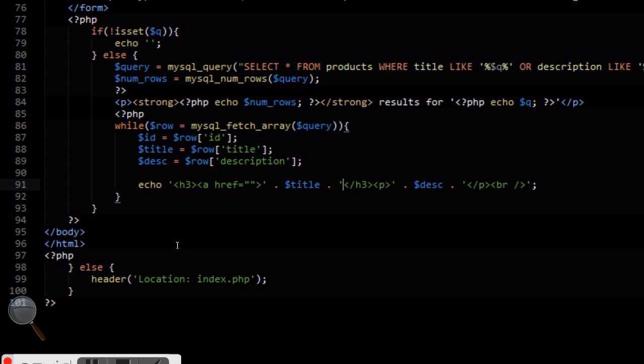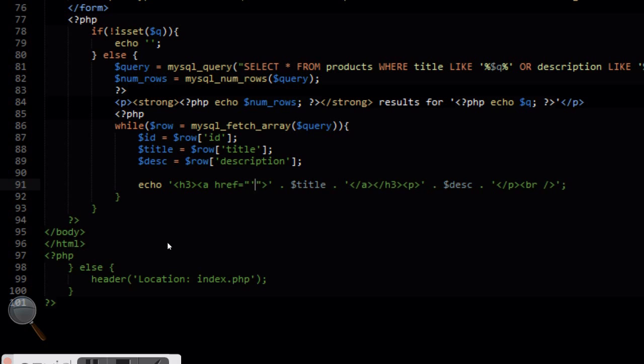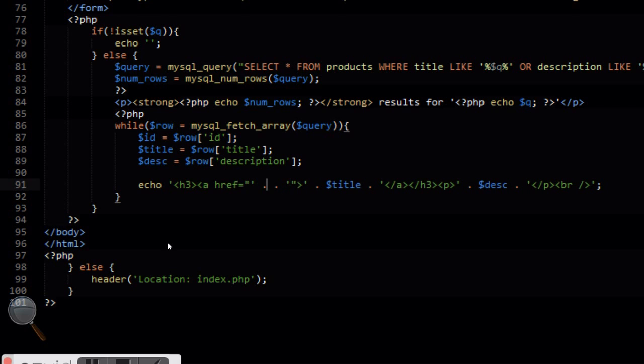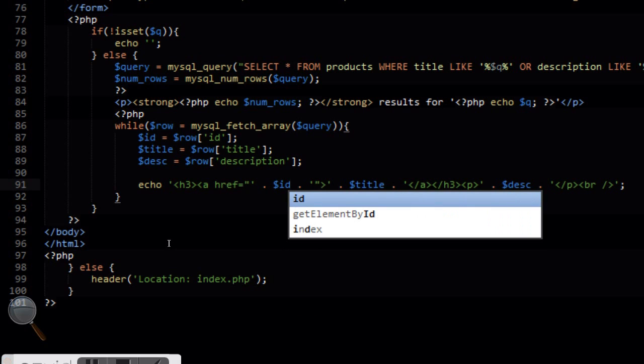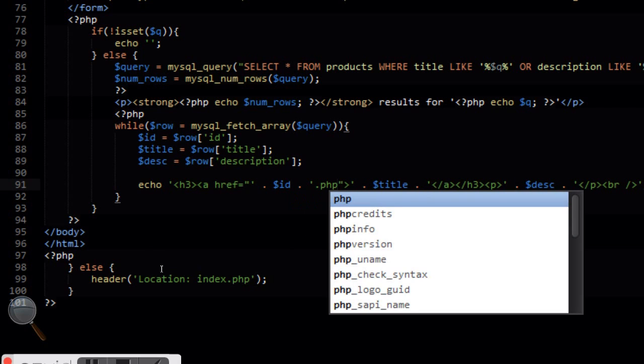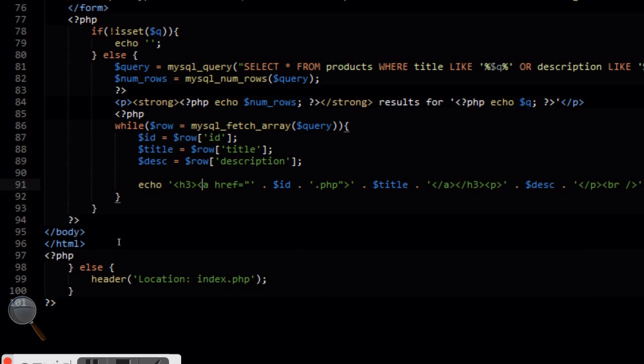Now we're going to add a link for the title for the user to click on. So within the h3 tags down here, we're going to type a href equals, and don't forget to close off the a tag as well after the title has been echoed out. Get rid of that a second, because we don't need PHP tags there. We just need to add a single quote, dot dot, and a single quote. And within these dots, we're going to type $ID. And then just after the single quote, we'll type .php. So basically what this will do now is it will create a link for each record displayed, that